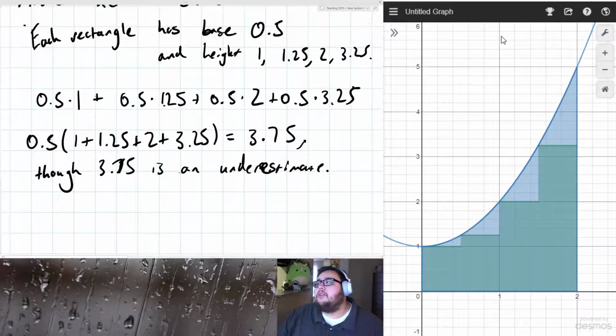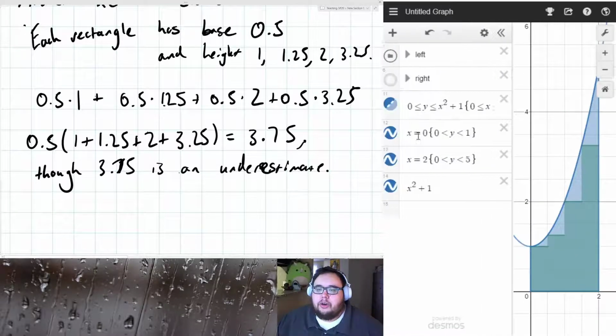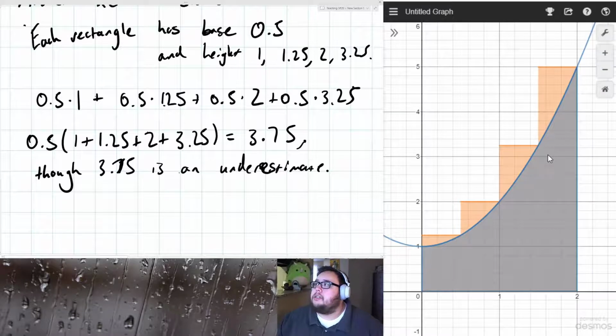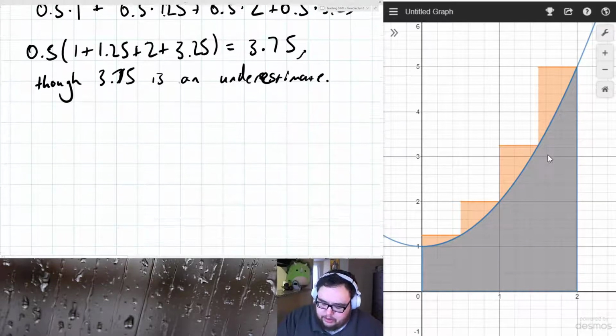The other thing we could do is instead of doing left-hand Riemann sums, we could do right-hand Riemann sums, or right-hand Riemann rectangles. The predictable difference is that the left-hand rectangle meets the curve on the left side of the rectangle, and the right-hand rectangle meets the curve on the right side of the rectangle. So we can swap those out. And now these orange boxes are right-hand sums, right? So for the right-hand sums,